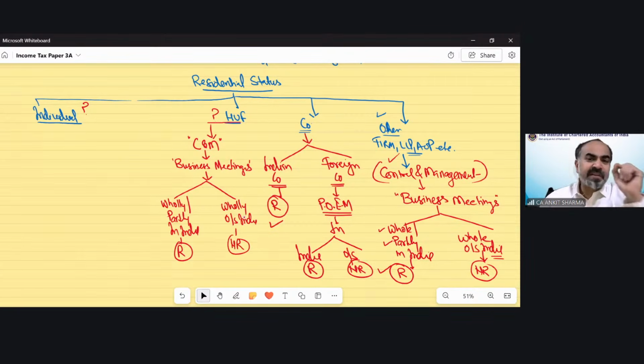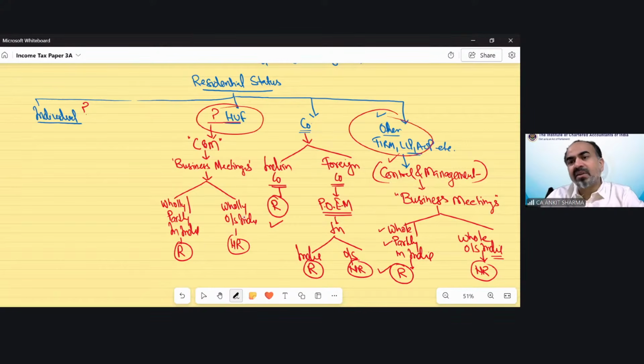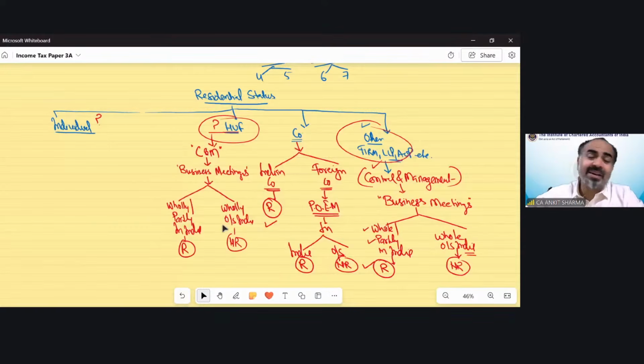So can you tell me the difference between finding out the residential status of HUF and other categories? Can you tell me what is the difference in the provision of HUF and other categories? Because if you think these are the same, then why are we showing these separately? We could write it down in other also: firm, LLP, HUF, etc. So is there any difference you can find in case of HUF and other categories of residential status or not? Can you find the difference between the provision we have just gone through in case of HUF and other categories of person?